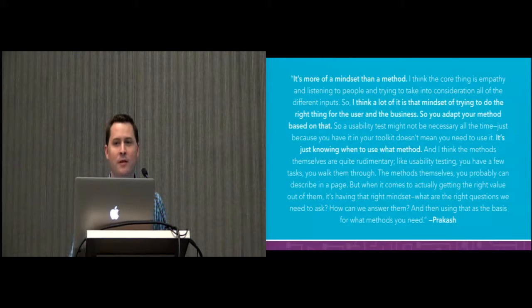So this is a form of instrumental judgment, which emphasizes not only a mechanical understanding of the method, but also the knowledge of when it's appropriate to be used, in what way, and how you know when you receive something of value out of that process. And you can see this is where the title of the paper comes from. It's more of a mindset than a method.